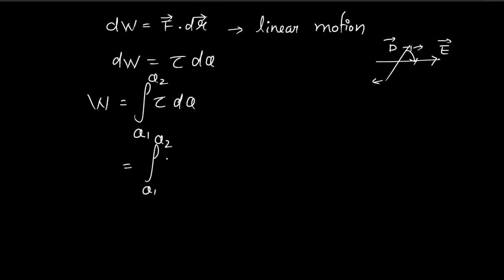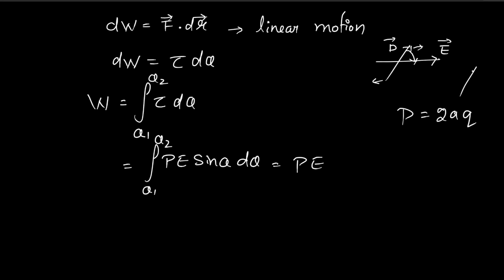It comes out to be the integral of p e sine theta d theta, where p and e are constant, because the electric field is uniform and p is independent of theta. p is nothing but 2aq, where 2a is the distance between the charges of the dipole, as you must know from the previous lecture, and q is the charge at the end points. And then we integrate sine theta d theta from theta 1 to theta 2,